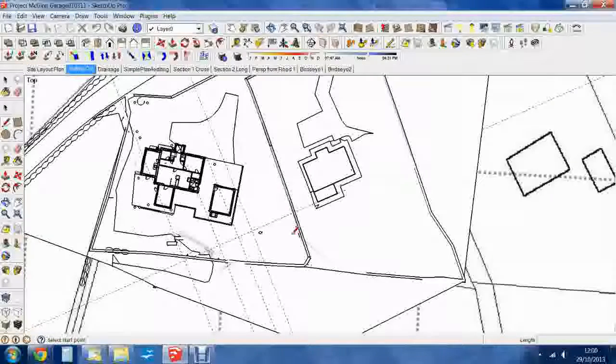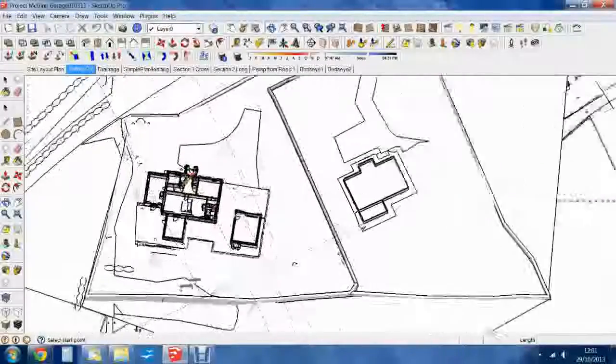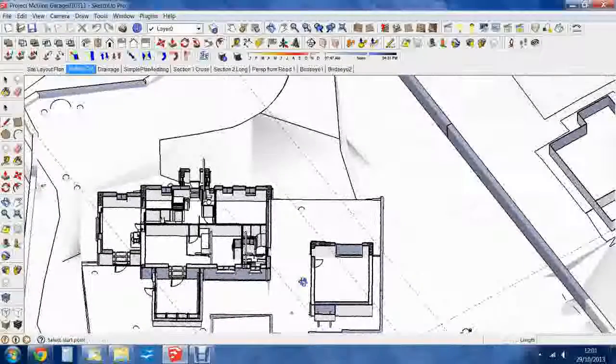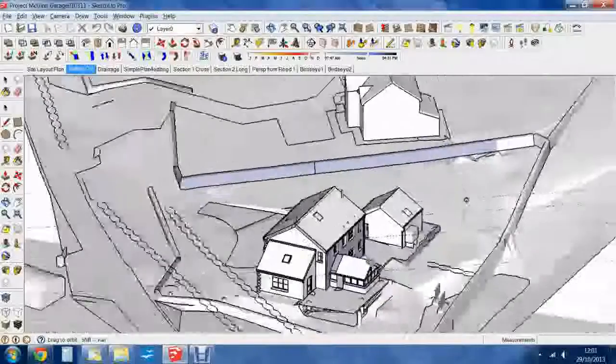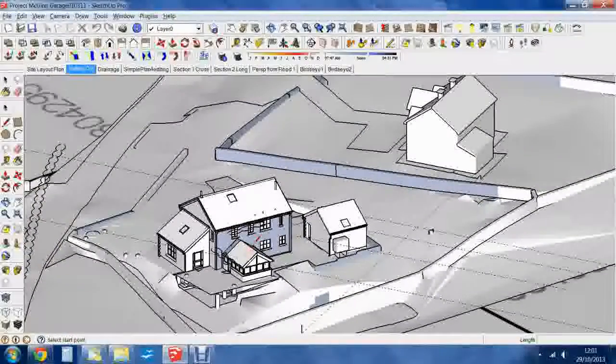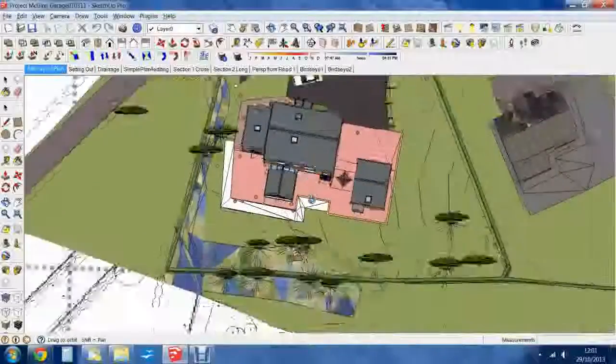Staying with the previous example, this model shows how we can incorporate site detail into our model and show the building in context. Now this looks like a simple old-fashioned 2D drawing, but it is in fact a full 3D drawing. And if I just tip it up, you can start to see that and zoom in, see how the walls come up. I can turn off the section cut which shows the plans, and you can see the whole house. You see that it's a black and white version of the previous house. I can switch back the colours on by going to a different view like that there. Zoom in again, tip it up,